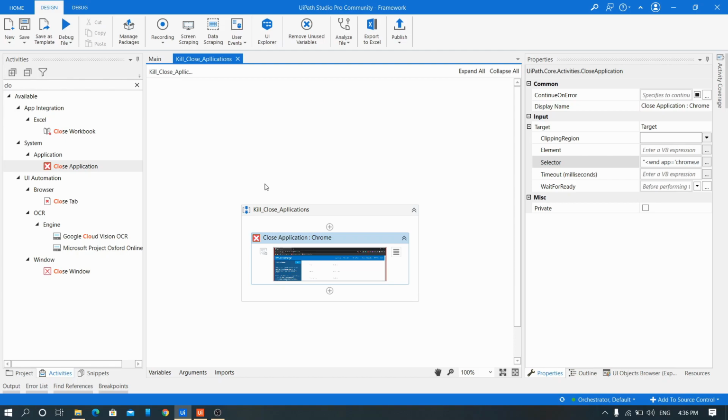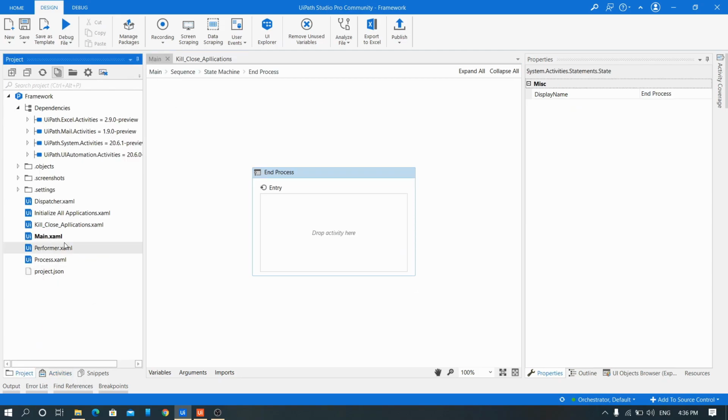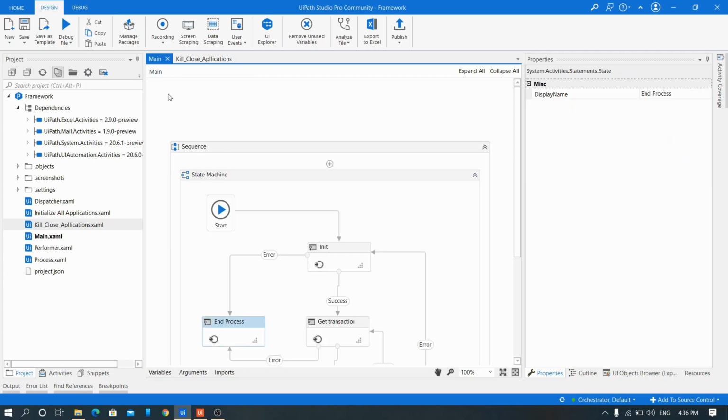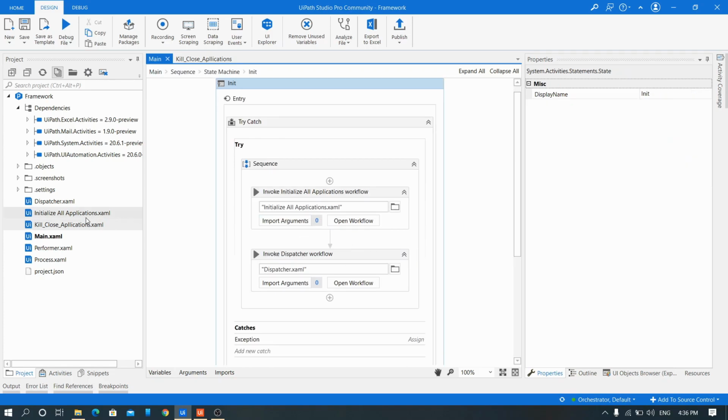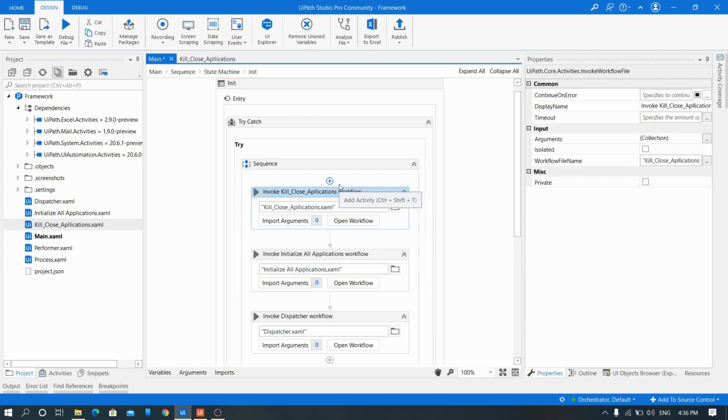So what we can do in the main, in the end, we can kill or close all applications. In the init all, what we can do, kill or close all applications.